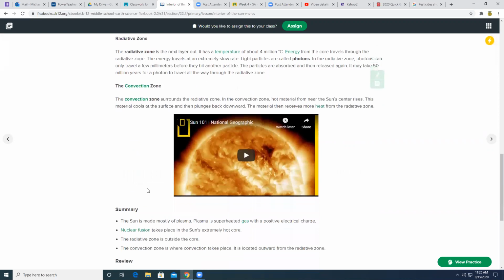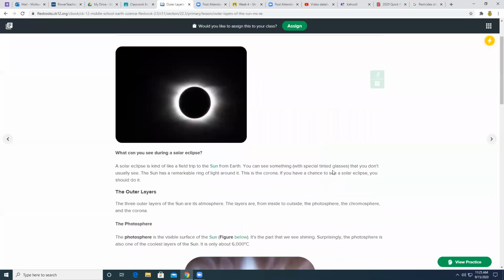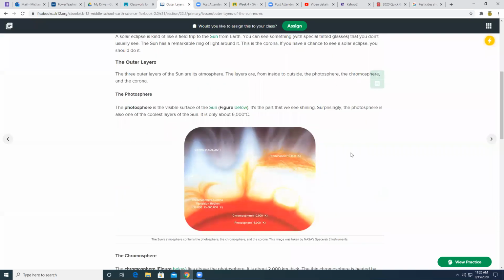The convection zone, if we understand what convection is, where hot particles rise and cooler particles fall. So the convection zone is where we are getting the hotter particles from the radiative zone, and they're coming out of the radiative zone, and then some of the particles are cooling down and headed back into the radiative zone where they get heated again, and that convection moves up and down. It's how particles are eventually moving out of the sun to the outer layers,